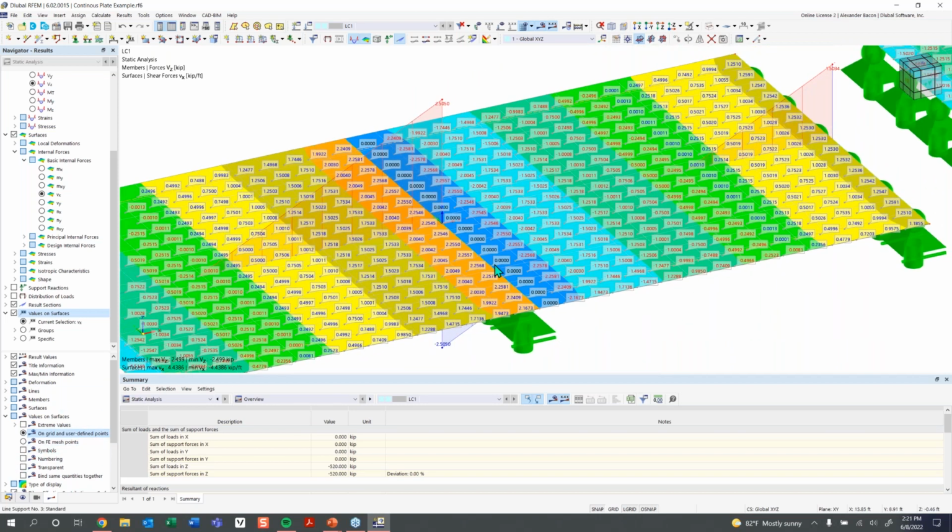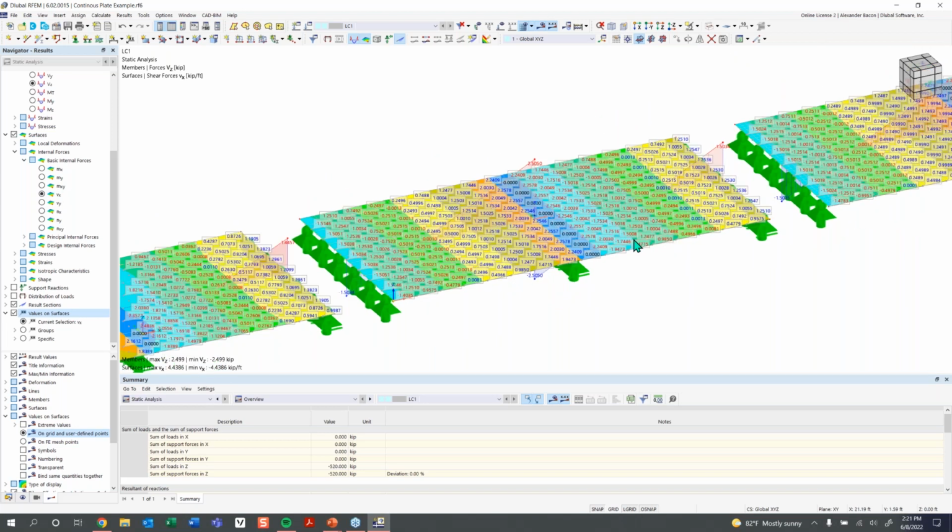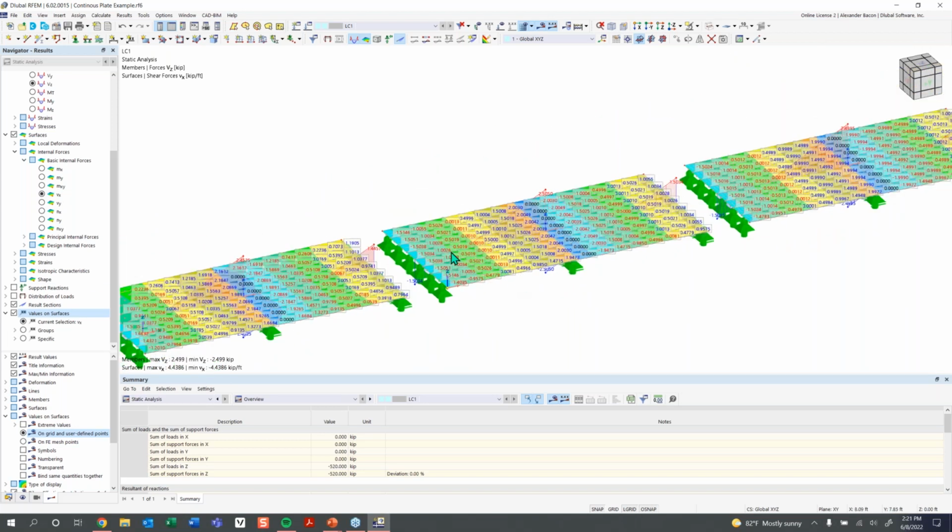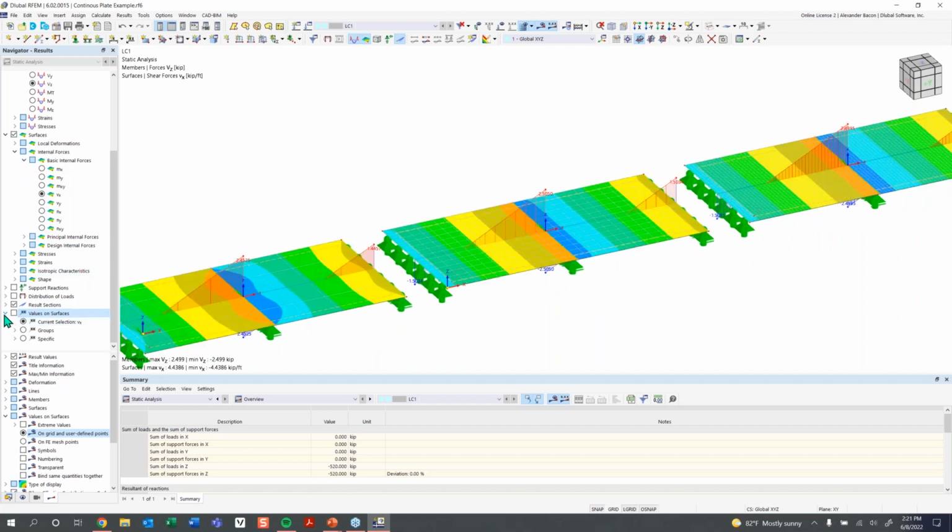So right now this is showing the shear in the X direction, so each of these is the shear that the surface is experiencing at that point. So always good to know how to view the values on a surface. And now we can move on to